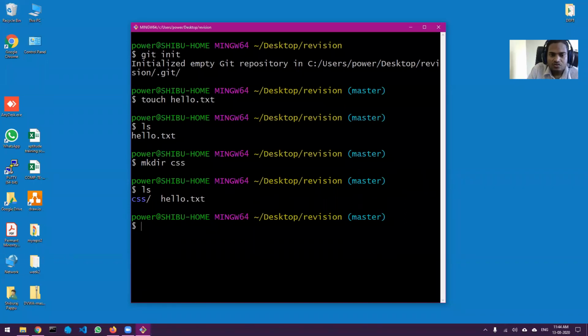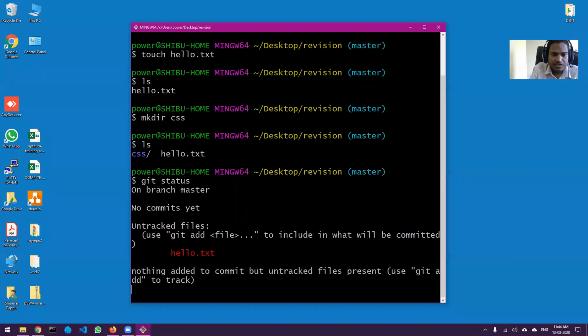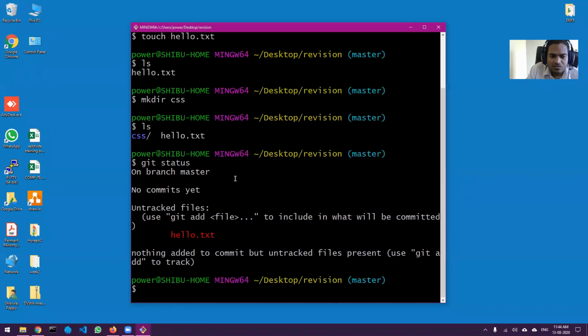Now I want to put this inside the git repo. Right now they are not under git repo. So just to show you that, I will just run git status, and you can see there is one file which is untracked. Now I want to add these things to the git repo. So whenever you want to put it inside git repo, there are two commands that you should run.